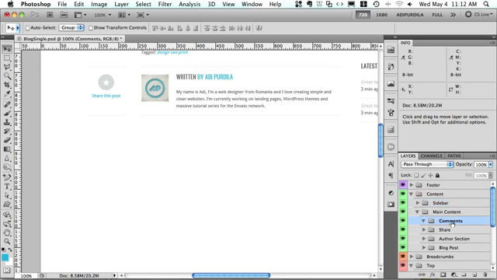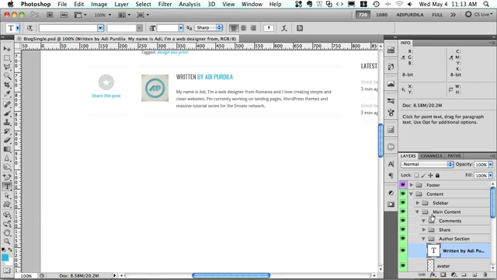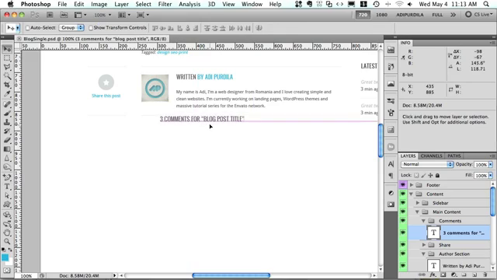So, going back to the comments part, let's start creating the layout for them. So we're gonna have, I don't know, an introductory text like 3 comments for blog post title, 30 pixels from the top, align it with this bit right here,